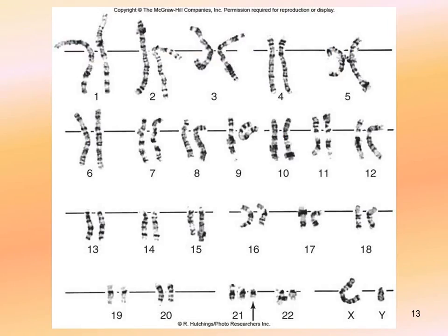This is a karyotype of a male with trisomy 21 or Down syndrome. It occurred either through a translocation of a portion of chromosome 21 or the complete nondisjunction of chromosome 21. You already know what the traits are from a previous chapter, so I'm going to move on to Edwards syndrome,